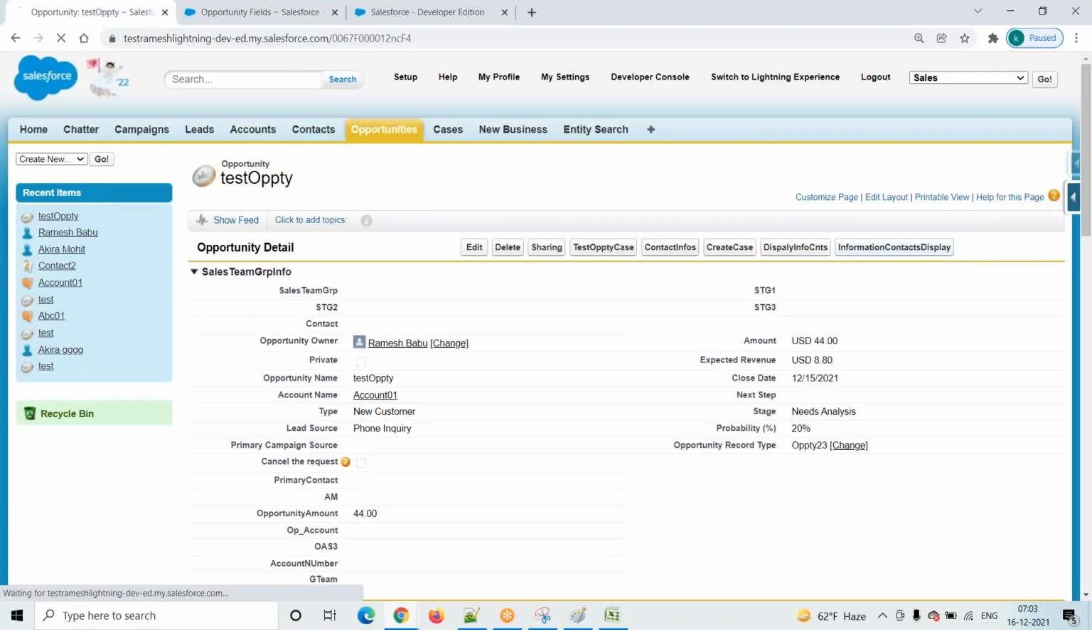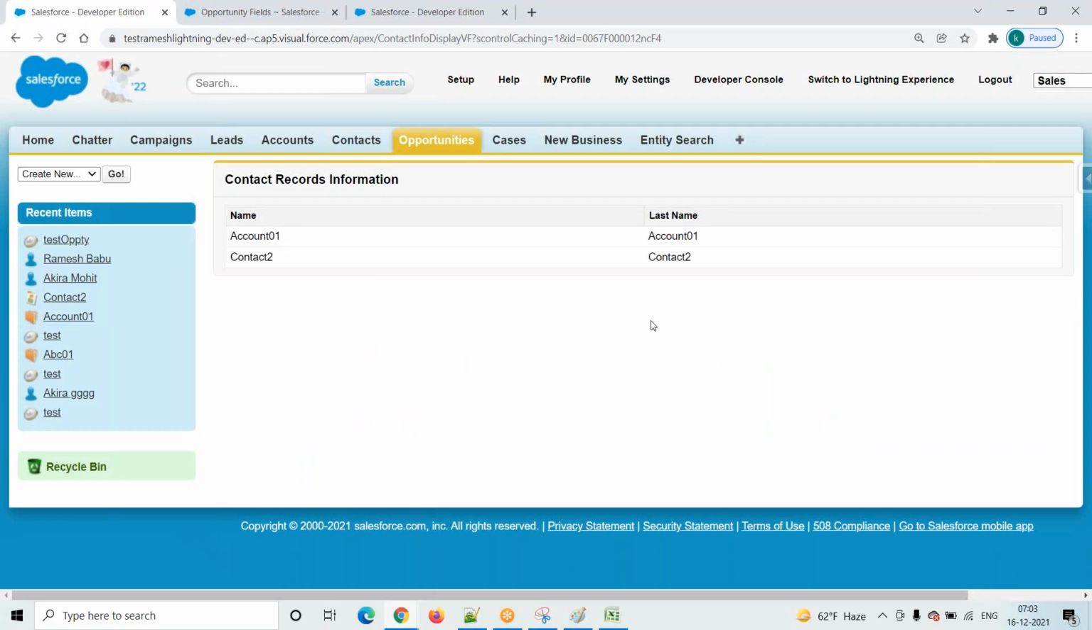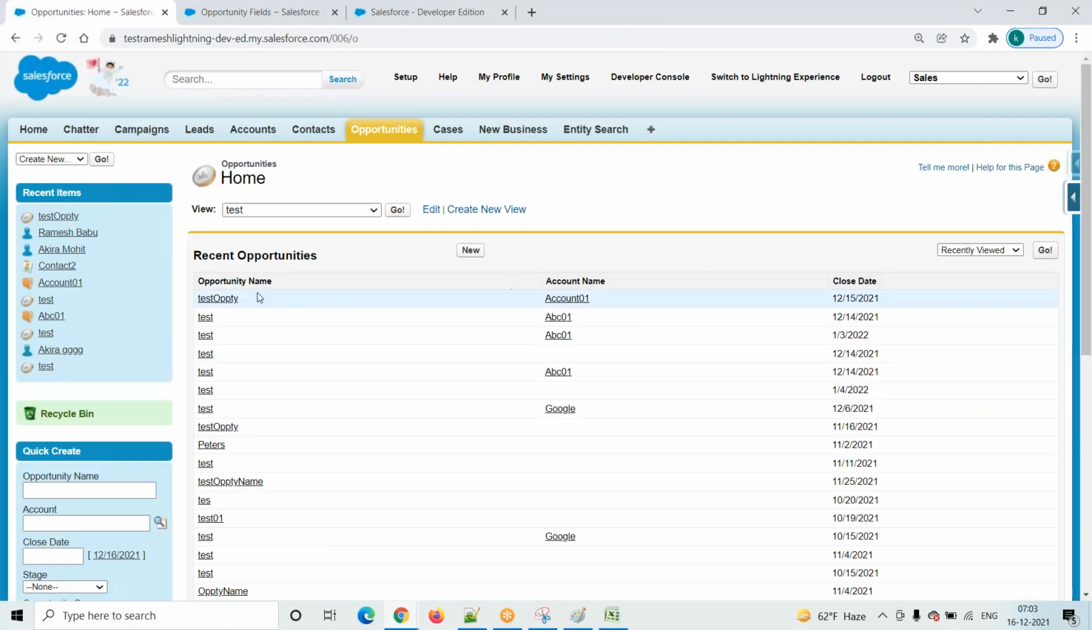Yes, we will just go and execute this one. Click on this one. See, it is coming, right? Context record is coming, right? Contact record is coming, right? Just observe this one. Now coming into here,